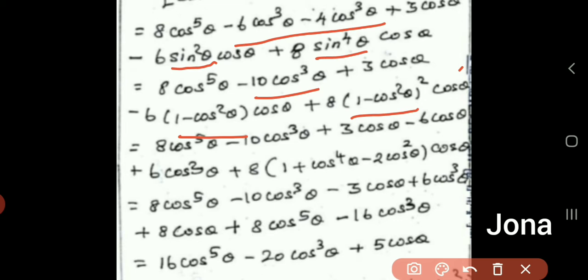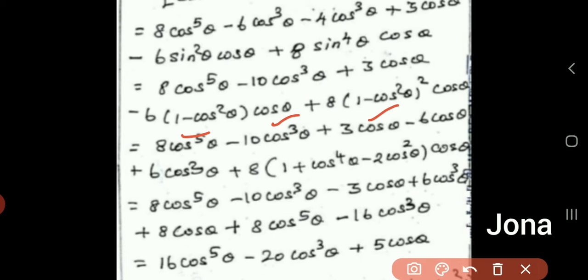So the remaining things are 8 cos^5 θ minus 10 cos^3 θ plus 3 cos θ. Here just multiply there minus 6 cos θ, and then here plus it will become as this minus into this term is plus cos^3 θ along with this cos θ, it becomes cos^3 θ here. And then we want to remove this brackets here. So we want to multiply this 8 cos θ with 1 is 8 cos here, and before that we have a minus b the whole square is there. So just you have to expand this one.